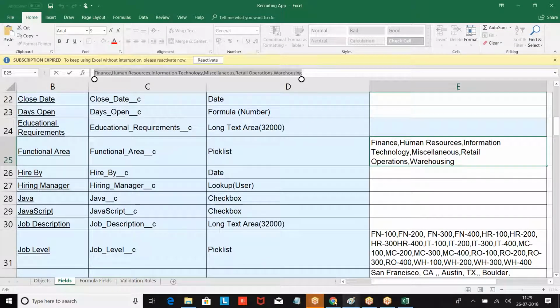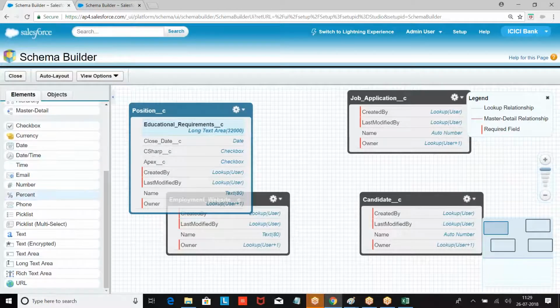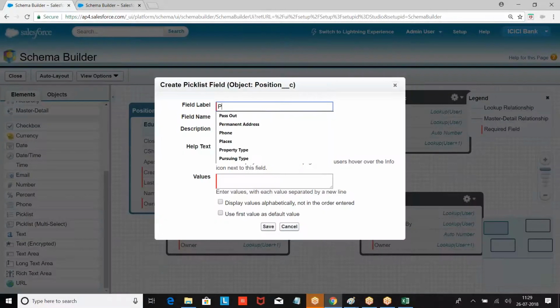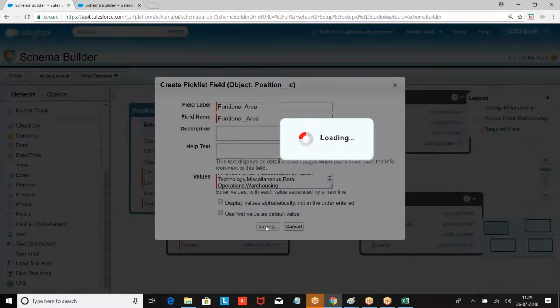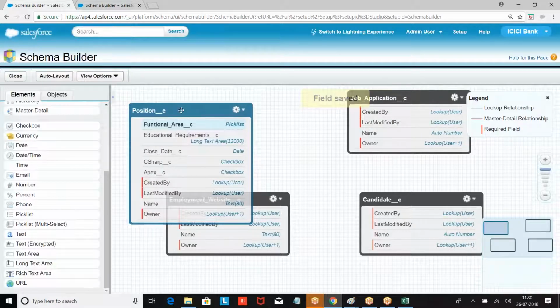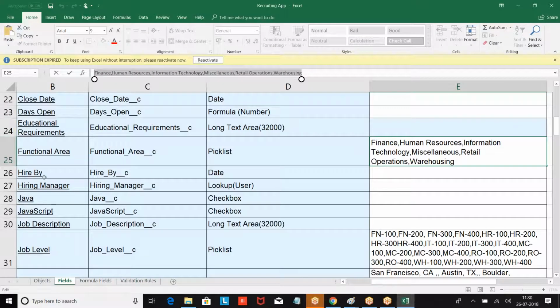Functional area. Then we had the next option, hire by date. Hire by date. Then JavaScript, hire by.